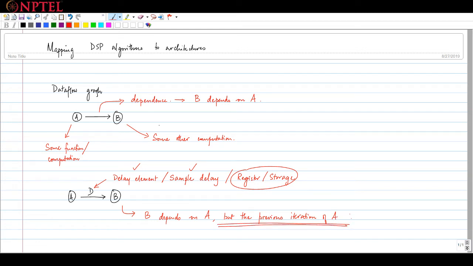Okay, which means that we need to be very clear about what exactly we mean by iteration, and how do we decide what is the previous iteration of a particular computation. So that brings us to the notion of iteration. If I have a single node, then any signal processing system has multiple iterations,